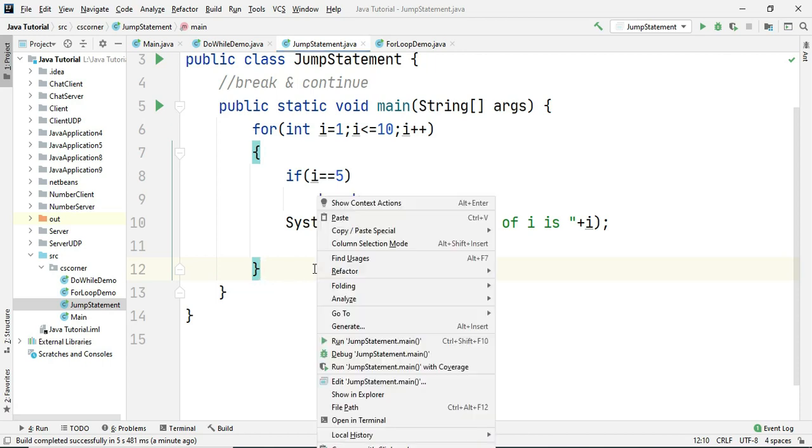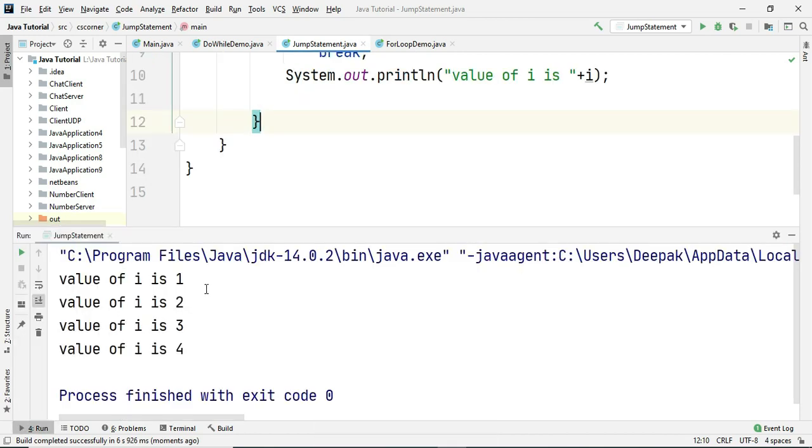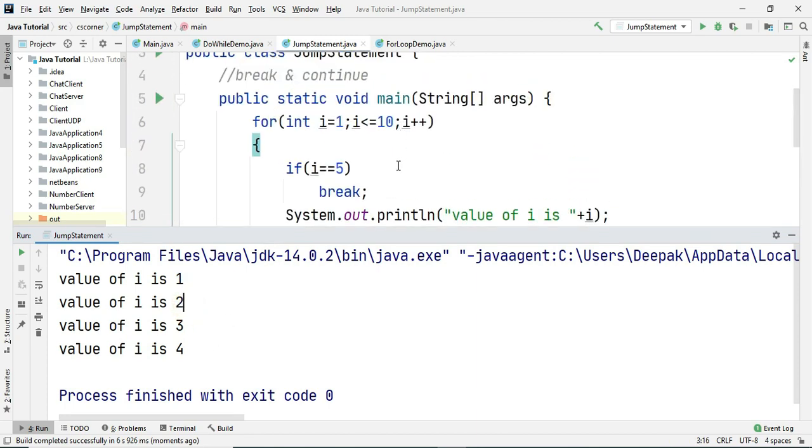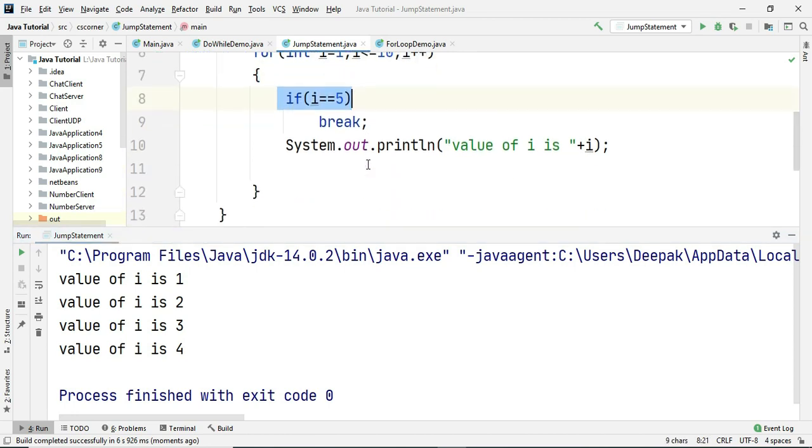Let's run this again. Now you can see I'm getting the value of i as 1, 2, 3 and 4. Why am I not getting the remaining values? Because as soon as i becomes 5, it checks the condition, yes 5 is equal to 5, and then it executes the break statement.